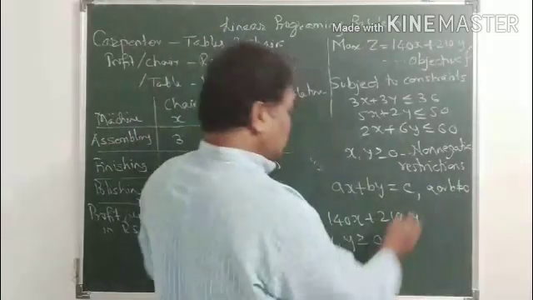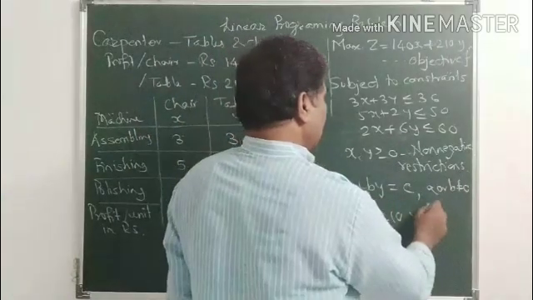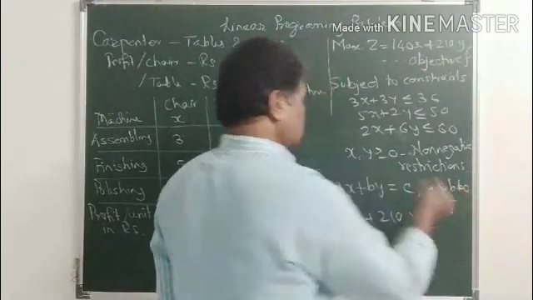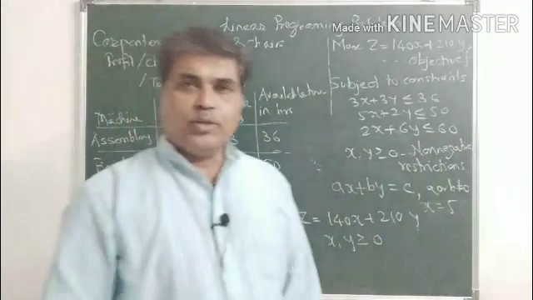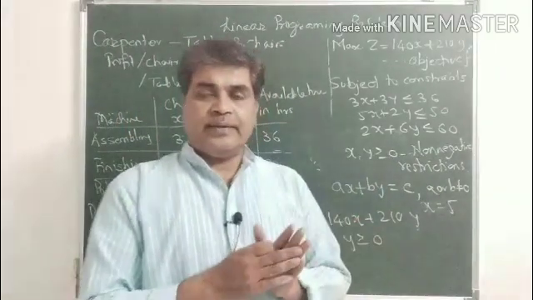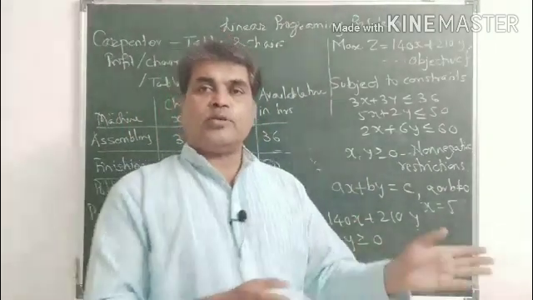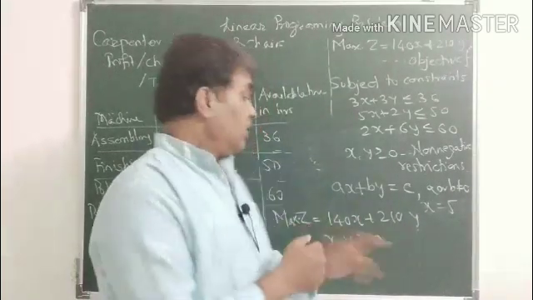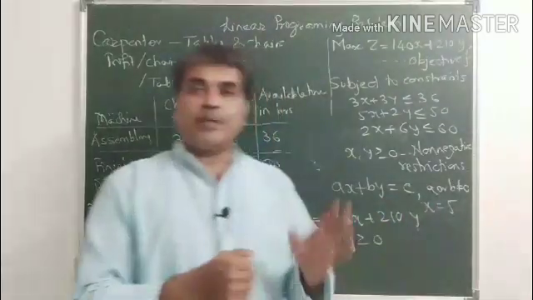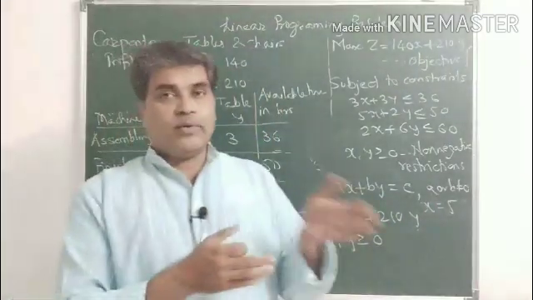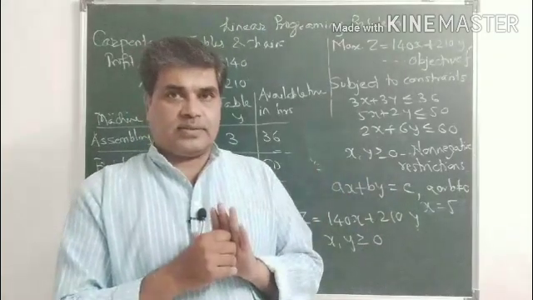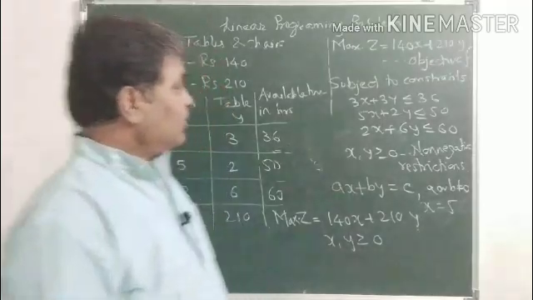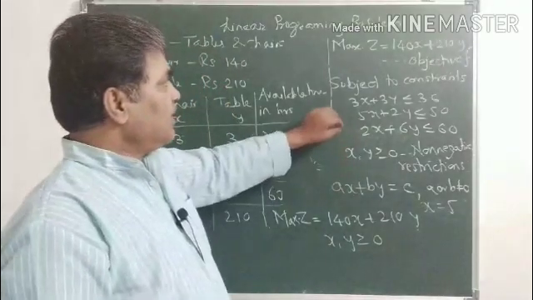You may have one more question: if I have only x equal to 5, then we know that x equal to a represents a line which is parallel to the y-axis, while y equal to b is a line parallel to the x-axis. If you remember all these things, then it is not difficult to solve any example from linear programming problems.